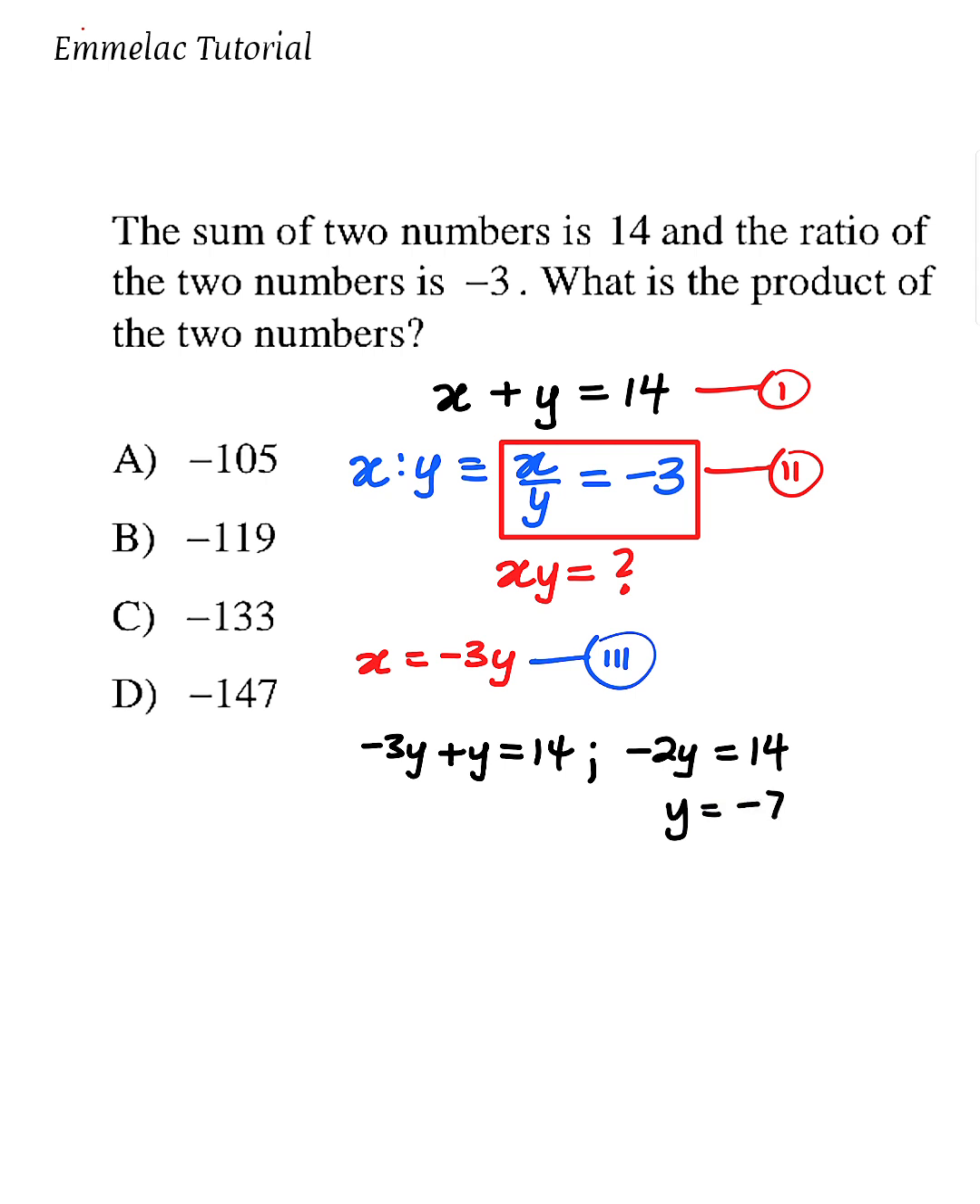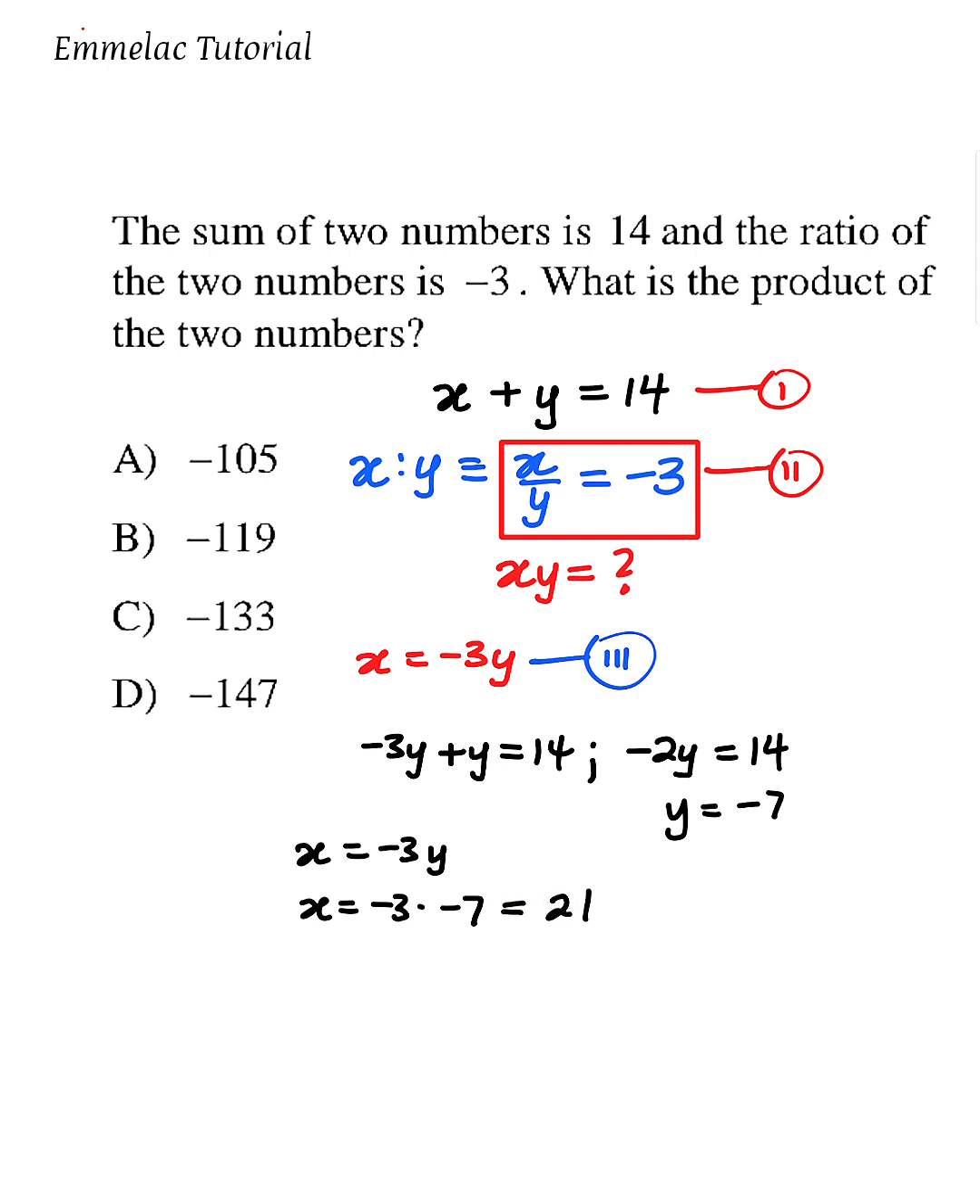If y is -7, let us plug y equals -7 into equation 2. However, you can actually plug it into equation 1 also, but I prefer equation 2. So here x equals -3y. Plugging in -7 for y, we have x equals -3 times -7, which gives us